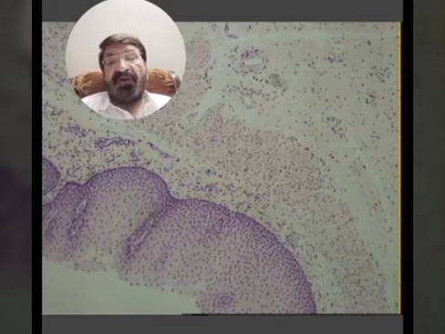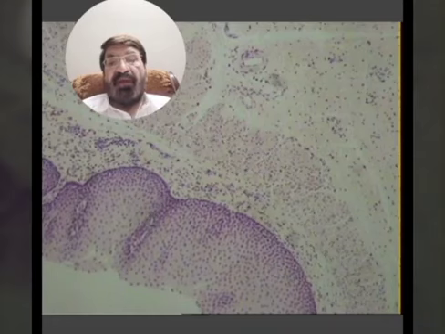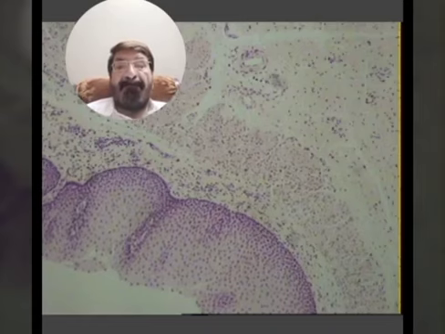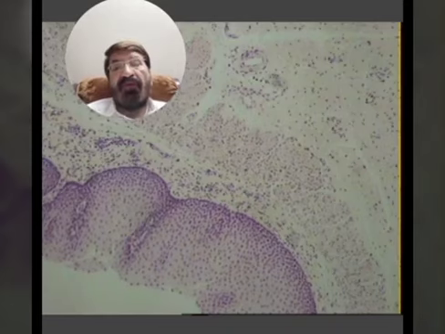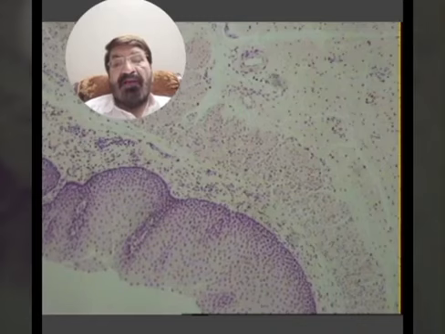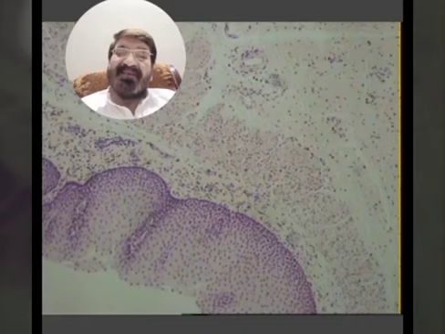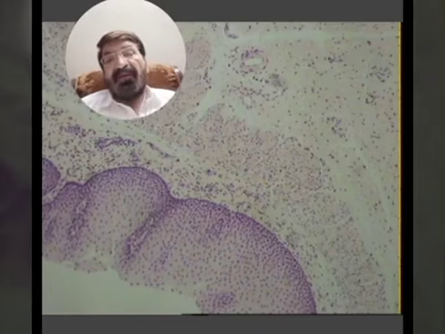The stratified squamous non-keratinized epithelium lines the esophagus, and just beneath the epithelium, so can you see, this is the epithelium, many layers of cells. The basal layer consists of columnar cells, then there are several layers of polyhedral cells, and in the superficial layer there are squamous cells which are nucleated. They do not have any keratinization because this is a moist type of epithelium.